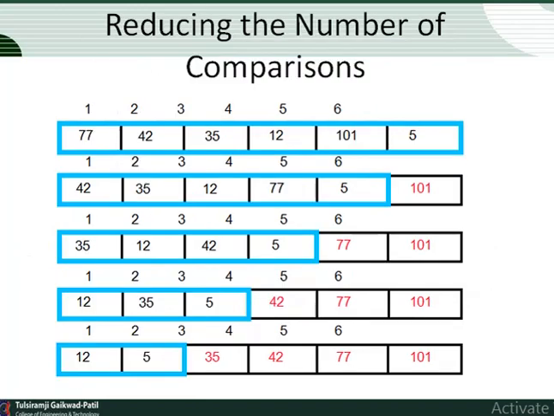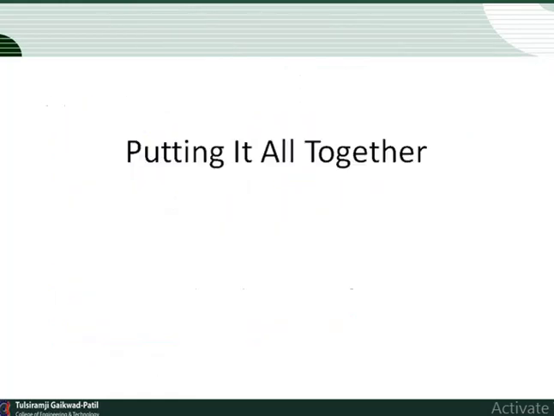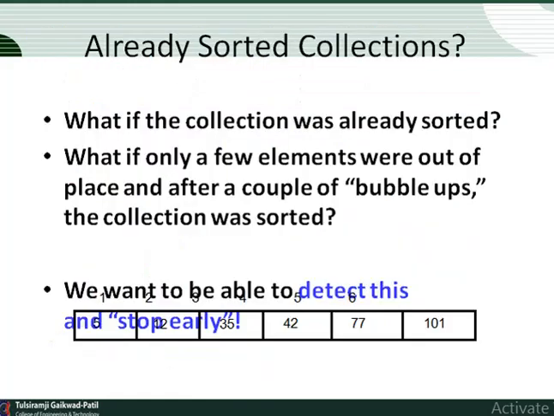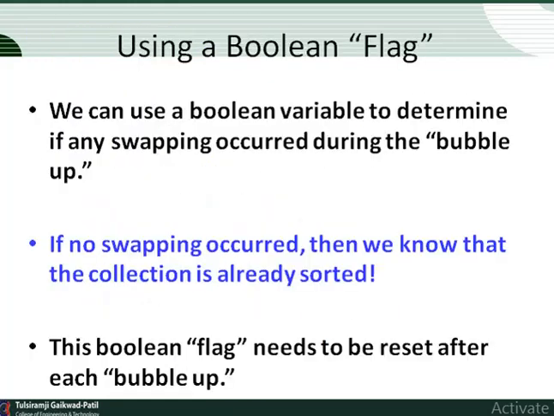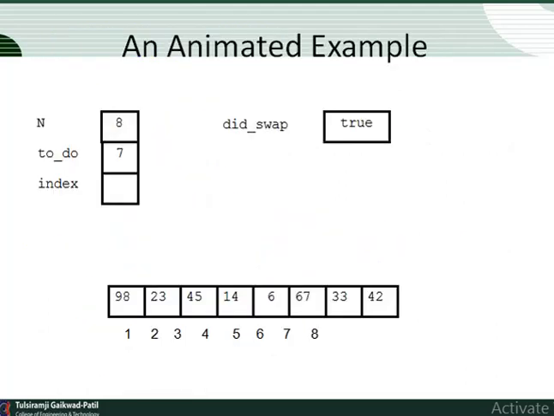Reducing the number of comparisons, we may find that smallest to largest or largest to smallest is also possible. After putting it all together, we use a Boolean variable to determine if any swapping occurred during the bubble up. If no swapping occurred, then we know that the collection is already sorted. This Boolean flag needs to be reset after each bubble. It looks like this: